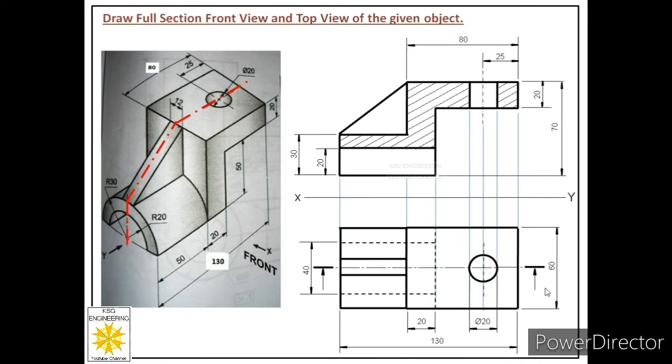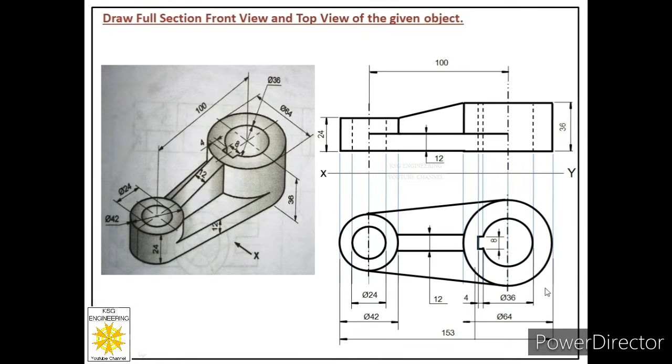Now next we will discuss another problem in which we will find the full section front view again for this object. And we have practiced this problem also in orthographic projections. In that chapter we have identified its front view and top view, and we obtained these two projections in that chapter. So we will use these two projections now, and we will just discuss its full section front view in this lecture because we have already discussed its front view and top view in unit number 3.